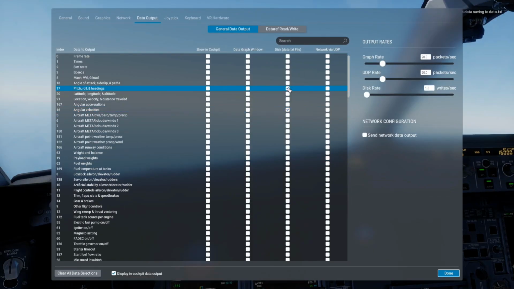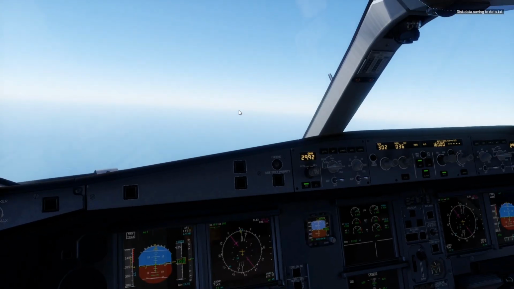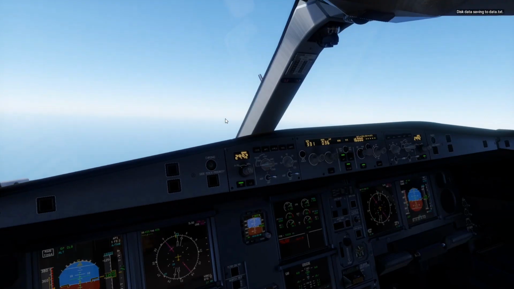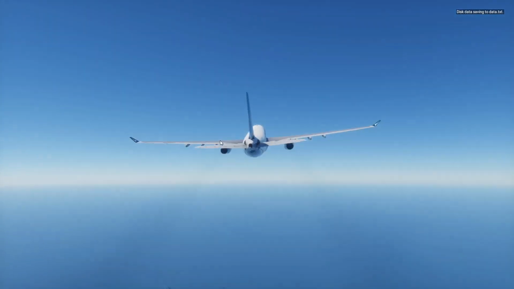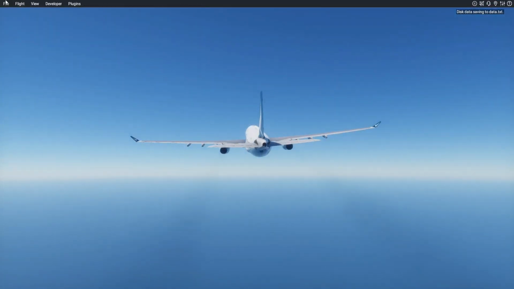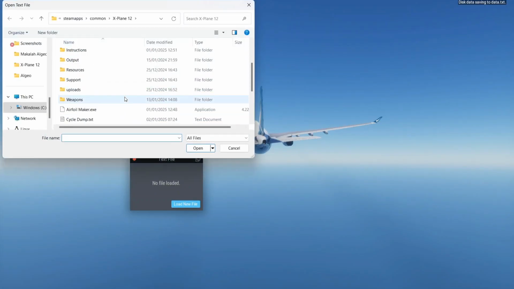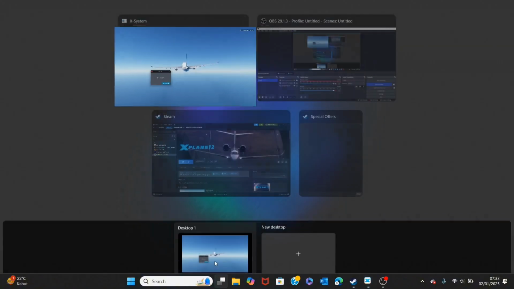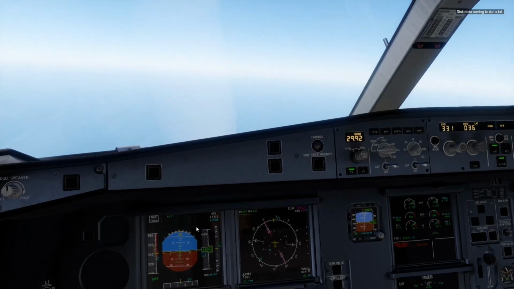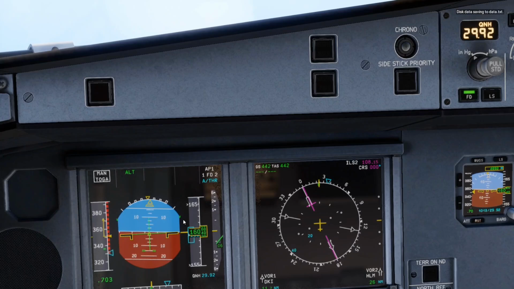We checked the parameters that we want to analyze, and the plane is going up. Then we open the txt file that was generated by X-Plane 12. You can see that the altitude is 16,000 feet.